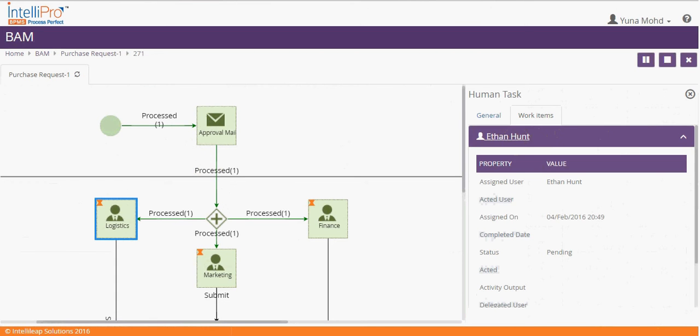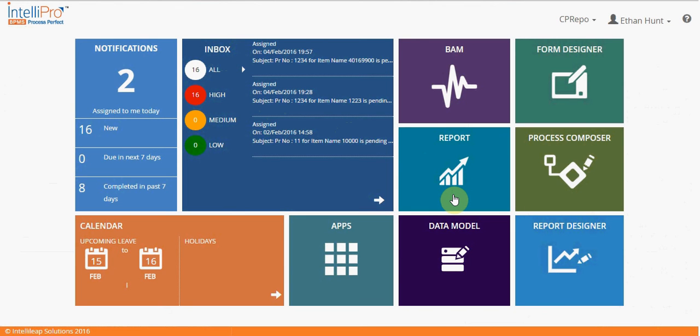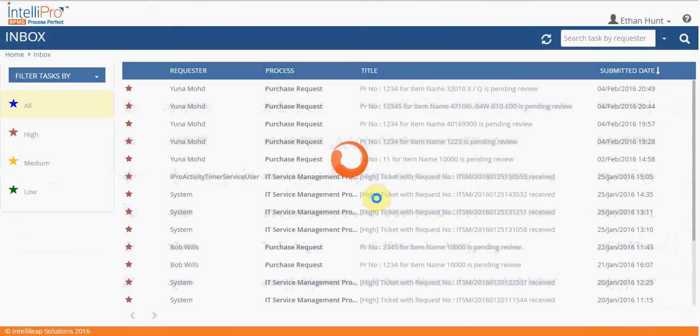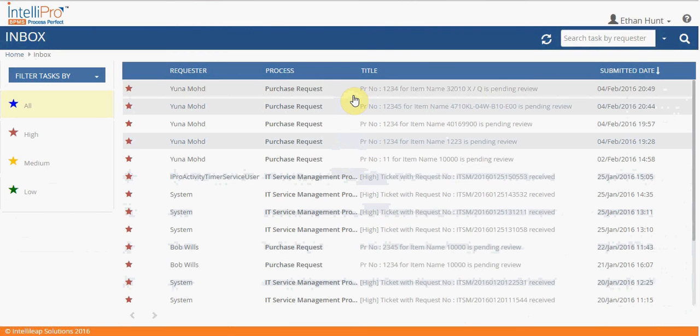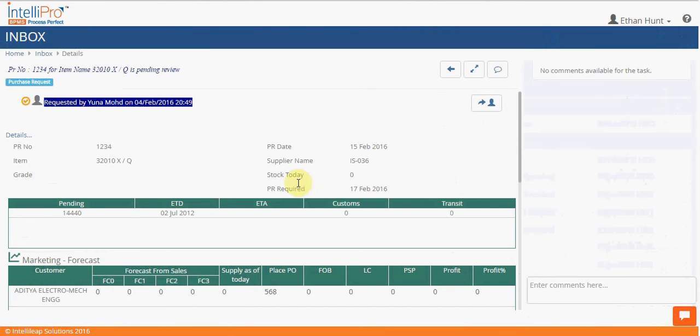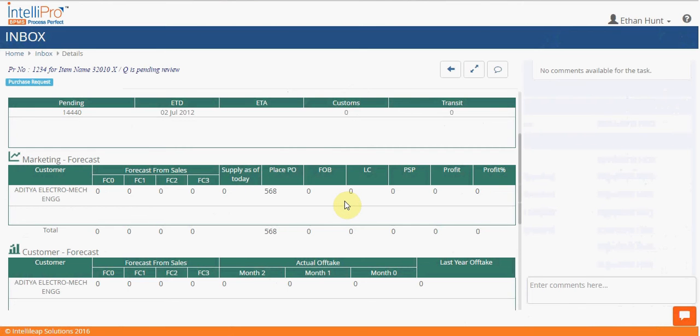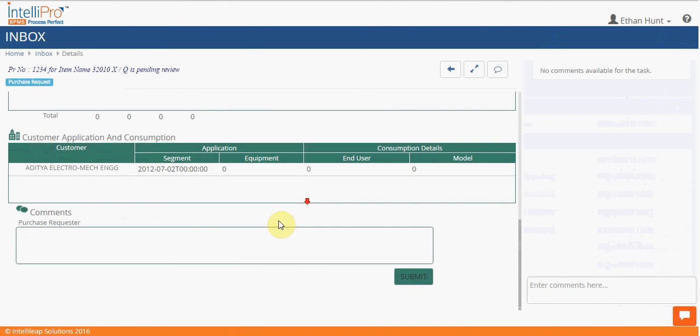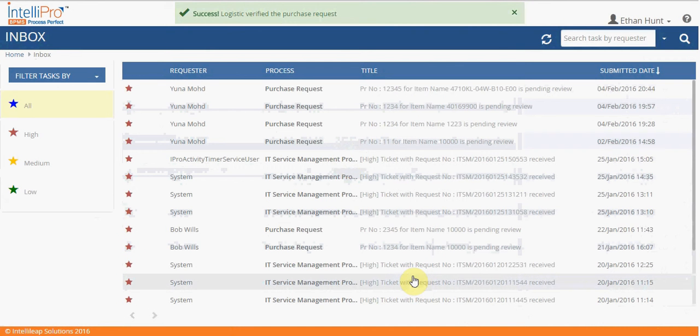So let me quickly log in as Ethan and show you how he approves it. Now this is Ethan's homepage. Now here you see that he's got a notification. So let's click on the notification. And this is the request that you submitted. Ethan can see your purchase request form that you just submitted, and he can give any sort of comments, and he can hit submit. And after he submitted,